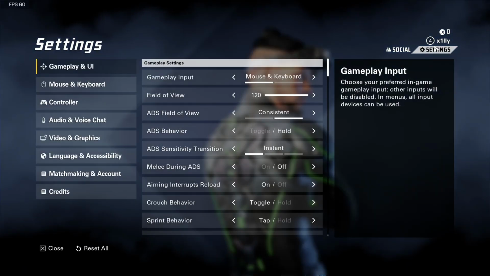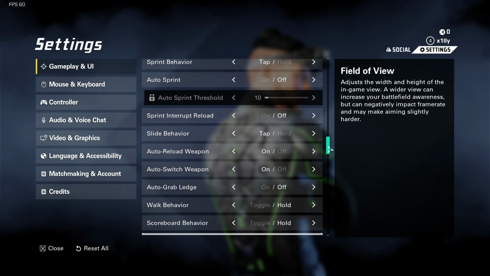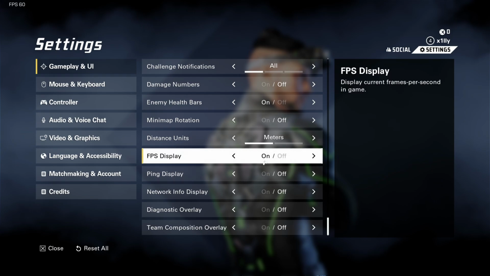All right, so once you're in the game, you're going to basically just go to the settings on the top right, and you go to gameplay and UI, and pretty much for everyone I would recommend just maxing out the field of view just so you have a better visual understanding of your surroundings and basically just see everything way faster. And then everything else down here you could pretty much leave up to you and whatever you really like for your gameplay. But obviously you want to make sure your FPS display and your ping display are both enabled,